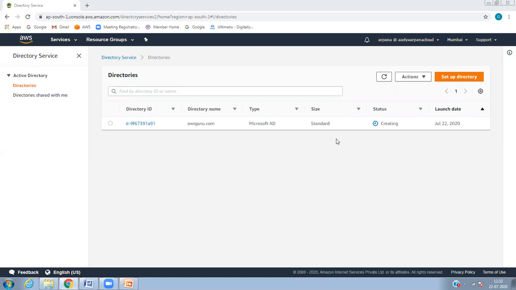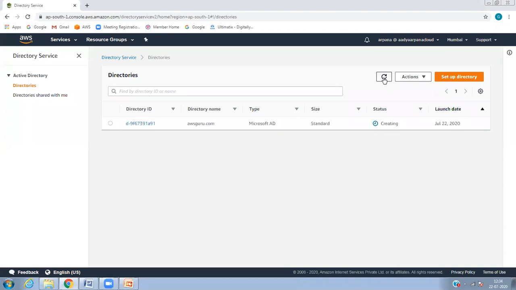It's clear. So see, basically, I will tell you again. In order to access your FSX, you need to have a domain. Domain is nothing but, as I told you, the directory services. You will use your computer, you will join the computer to the domain in your organization, by using your domain name slash first name, last name, followed by the password. That is what a domain account is used for.